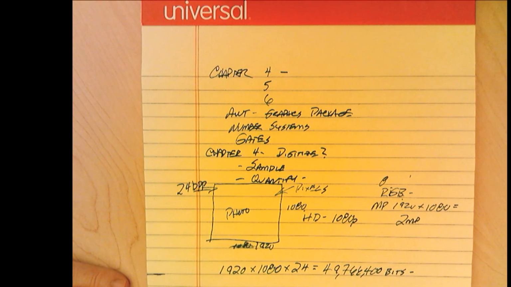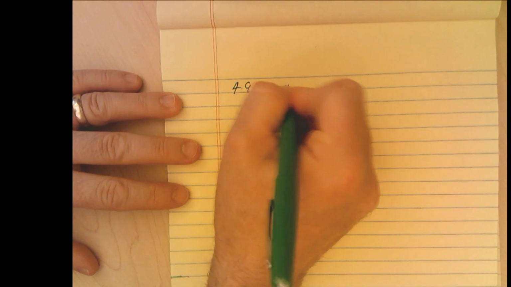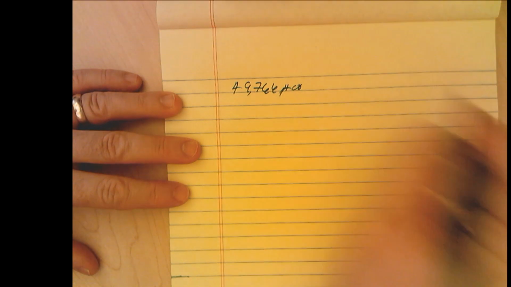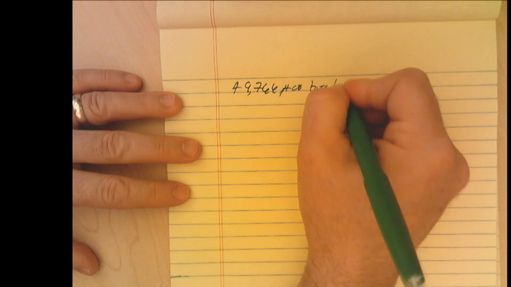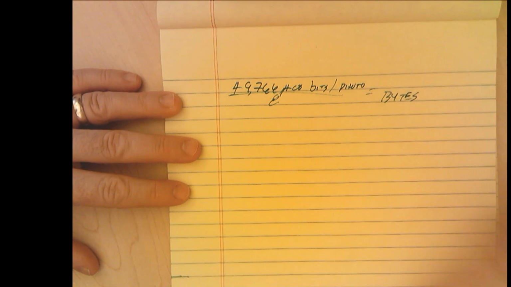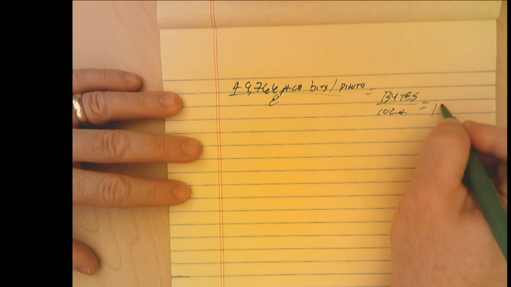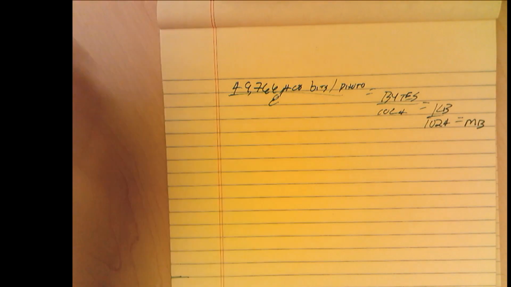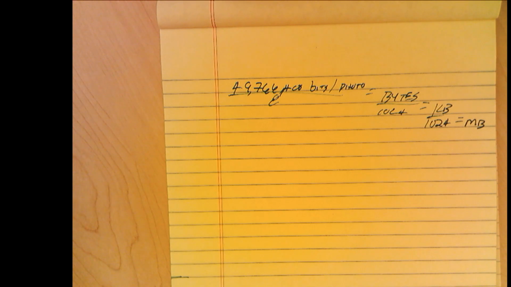So, next thing we need to do is take that particular number and figure out what that is in bytes. So to do that, and I'll let you do this on your own, you're going to take that large number, 49,766,400 bits per photo, right? You divide that by 8 to give us bytes. You divide that by 1024 to give me kilobytes. Divide that by 1024, and that's going to give me megabytes. So if I do what I just suggested, I'm going to divide by 8, divide by 1024, divide by 1024,